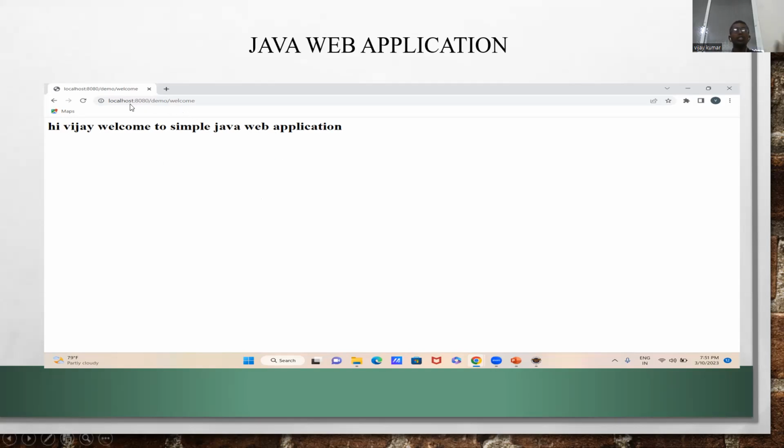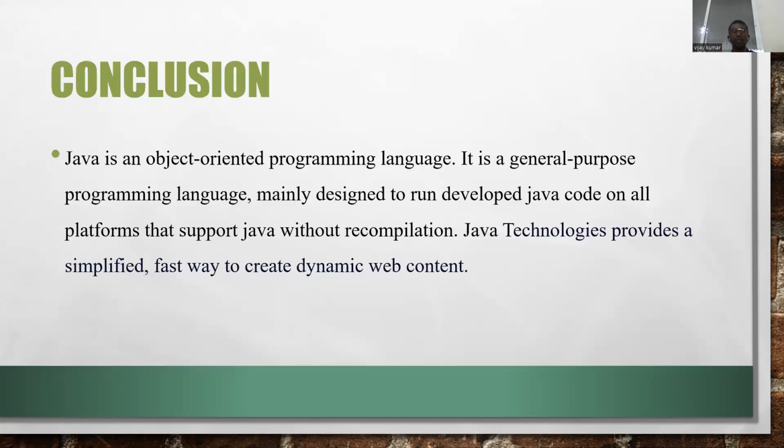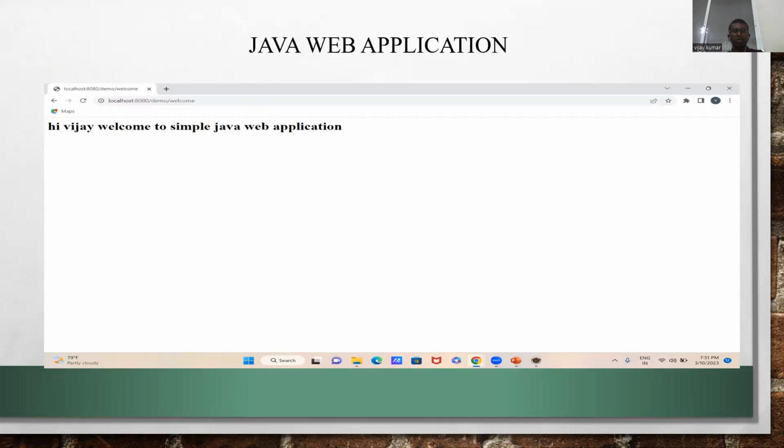Here the URL is localhost 8082 demo welcome. This XML file helps map this URL to the server. We'll see in the next slide how this helps. It was very interesting while developing, and I was very excited while developing the web applications. First of all, I'll show you a live demo session of developing a web application.